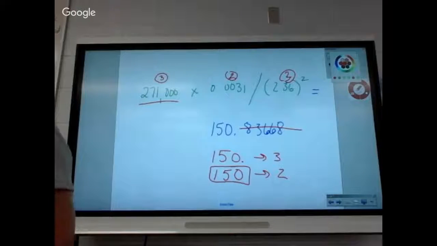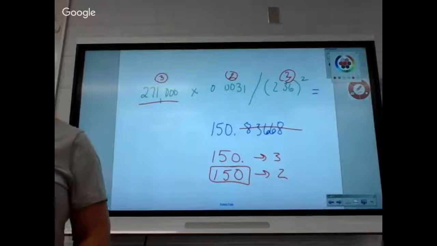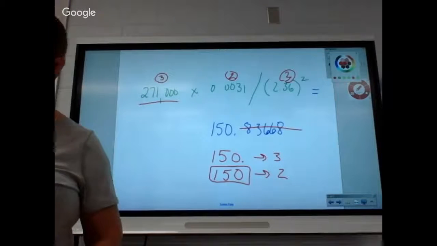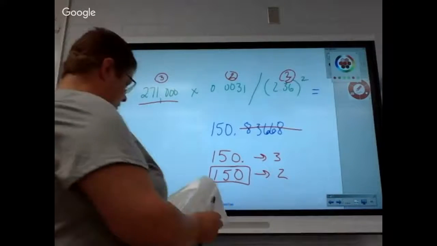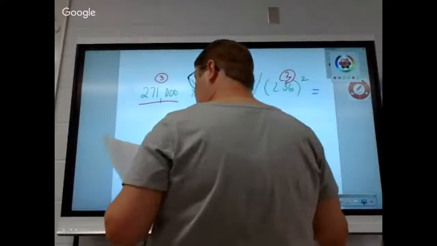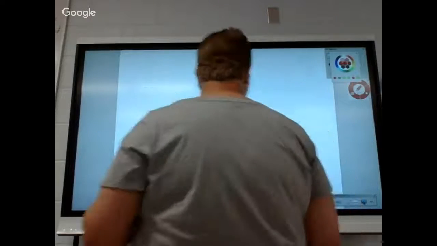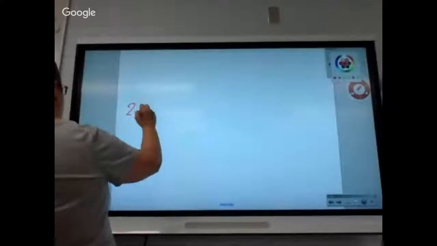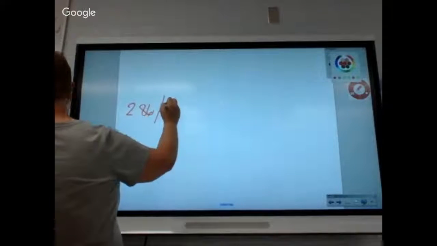Gotcha. And some people will have it in scientific notation, and it will also come out in an odd form if they put it in scientific notation. Yes, ma'am. All right, and 19, is that the one that's got the mixed one? No, it was a different one. That's the even one. 19, we have 2.86 divided by